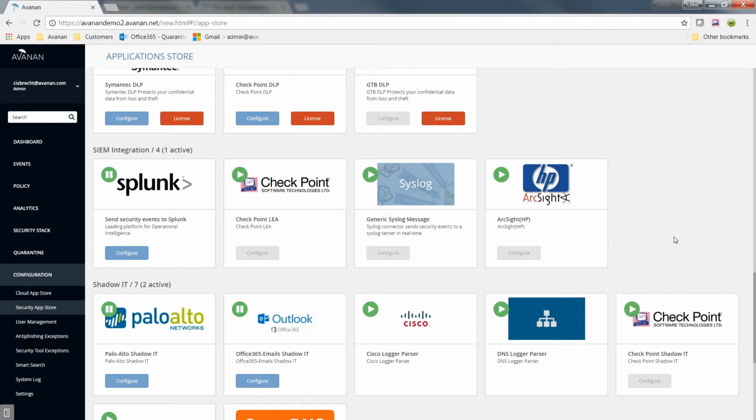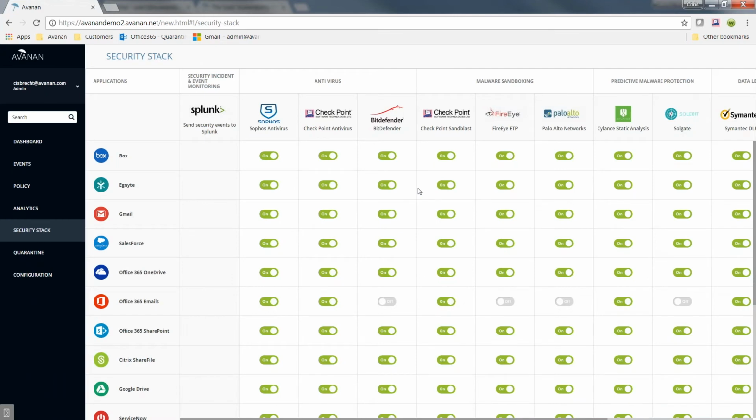Okay, so that's literally the entire setup. It takes longer to talk about the options than it does to actually get configured and to start to scan the environment. Once this process is complete, we'll confirm the security stack. We'll show you all the tools that have been turned on, as well as the SaaS products that are being protected. You'll see the ability here to mix and match those tools across the board and pick the best tool